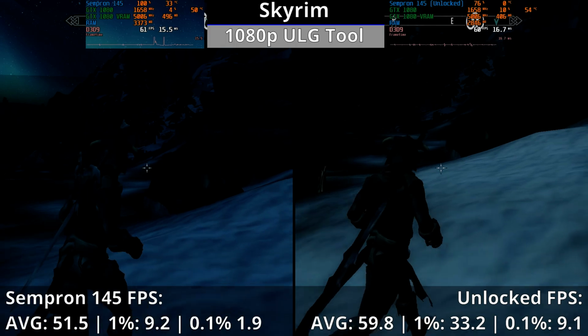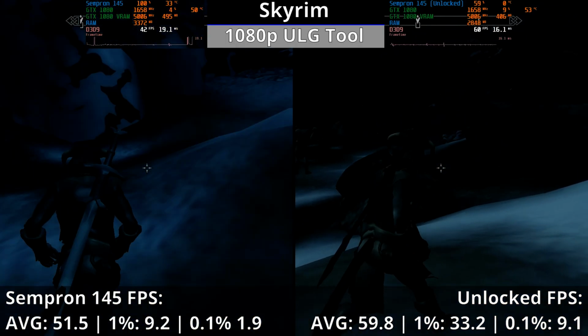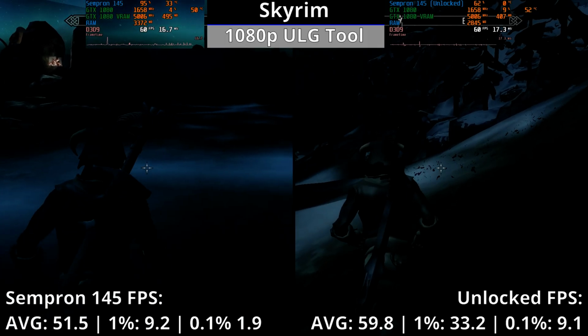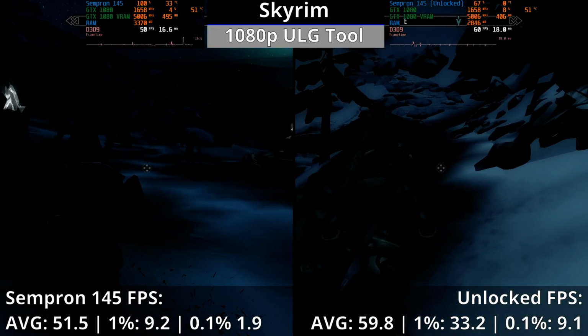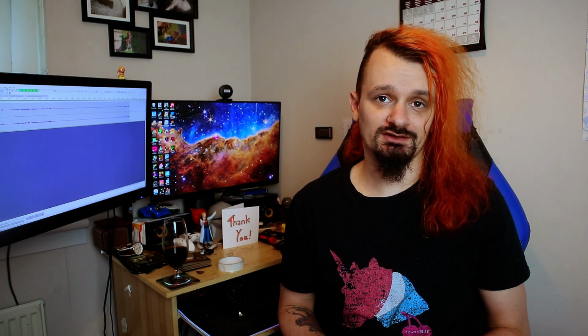even here the unlocked Sempron has a noticeable advantage, and with average 1% and 0.1% lows of 51.5, 9.2 and 1.9 FPS respectively, versus 59.8, 33.2 and 9.1 FPS with 2 cores, you can see just how big the gap in performance can be. So to conclude, I do want to mention that not all Sempron 145s will actually be able